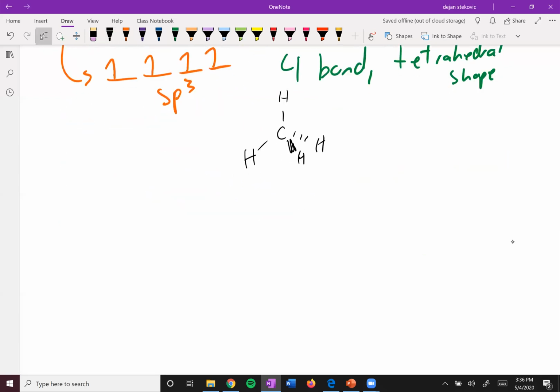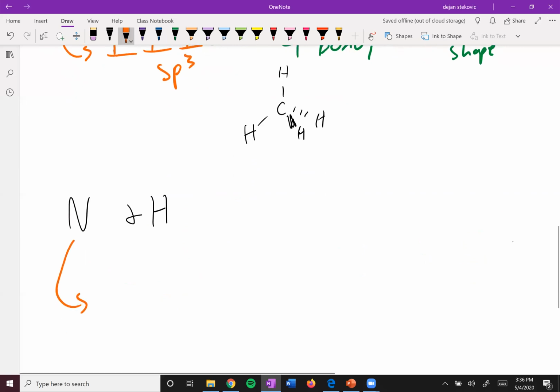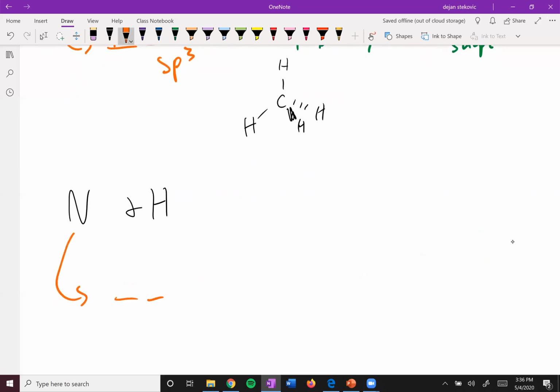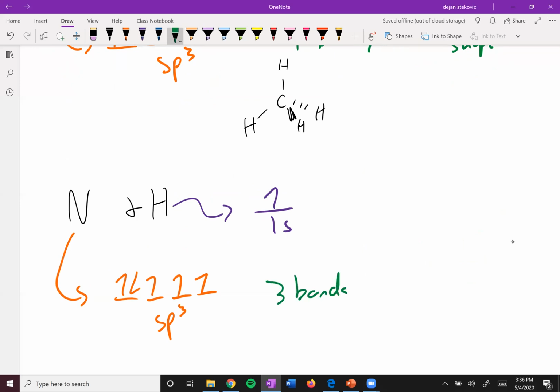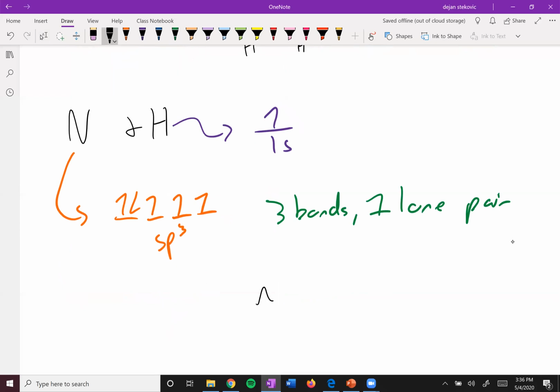And same thing with something like nitrogen and hydrogen. Nitrogen will also adopt an sp3 hybridization. But now nitrogen has 5 electrons, and so now it only has 3 half-filled orbitals. And so if you think about hydrogen, just has 1 half-filled orbital, so you'll need 3 hydrogens. So it predicts 3 bonds and then 1 lone pair, which is exactly what it looks like, right? If you drew the VSEPR structure